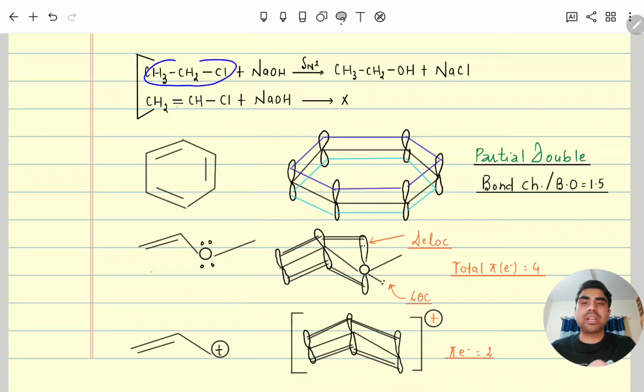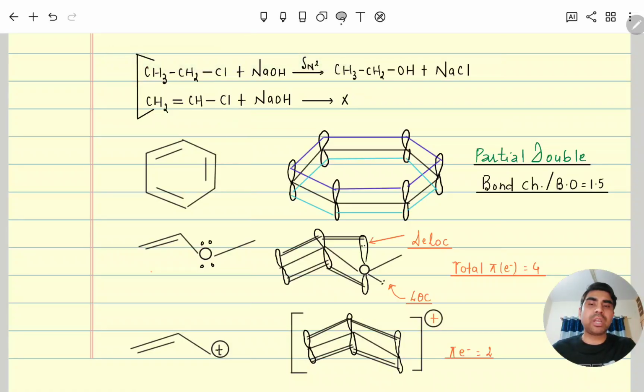Now you can see the application of this orbital diagram. Here CH3CH2Cl is reacting with NaOH, so it is an SN2 reaction, meaning this is the nucleophile, so it will attack and the leaving group leaves. The reaction here is that OH came and NaCl formed. But suppose a double bond is there, then you know that here is a p orbital and this chlorine